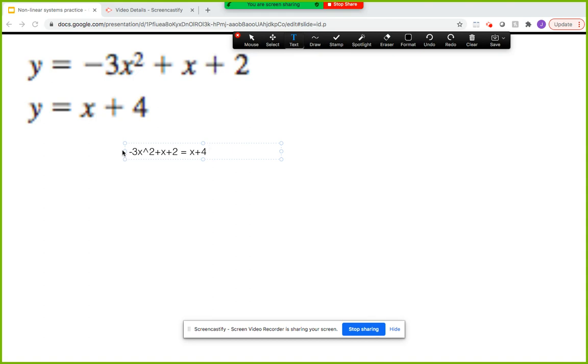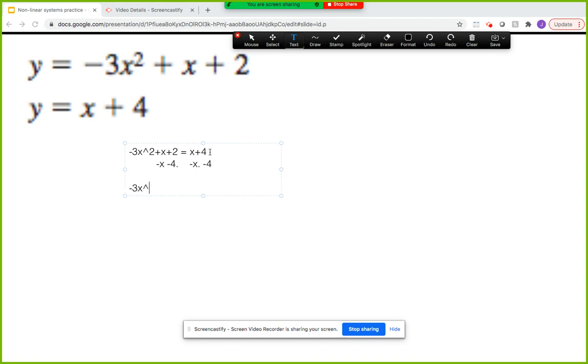So to do that, if we want to move this x value over to the left-hand side, because remember, you do want to move the terms over to whichever side has the x squared for the quadratic, that means we're going to move this x over to the left as well as the 4. In order to do that, we're going to use the opposite operation. So we are going to subtract x and subtract 4. I'm just showing that we're doing that to both sides of the equation, keeping it balanced, and that gives us